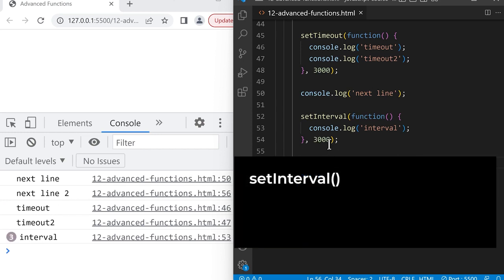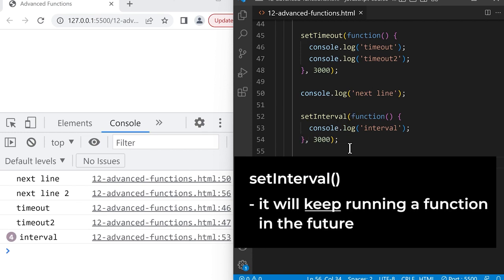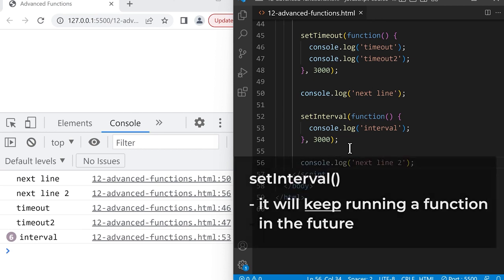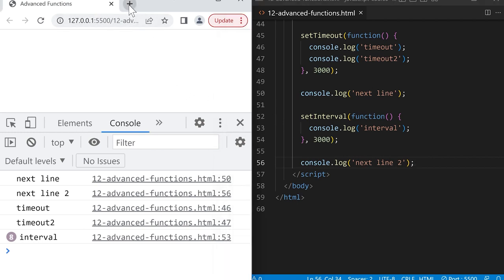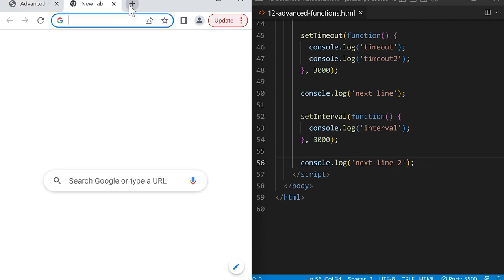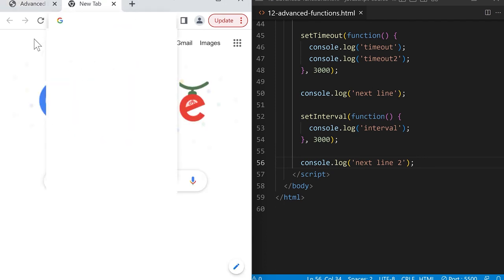So that's setInterval. We give it a function and it will keep running this function after a certain period of time. So now let's do a project using what we learned so far. Let's go to our browser and we'll create a new tab at the top. And here, let's type